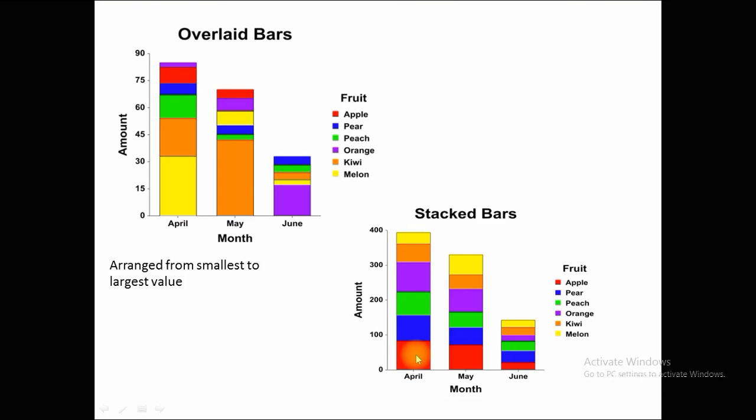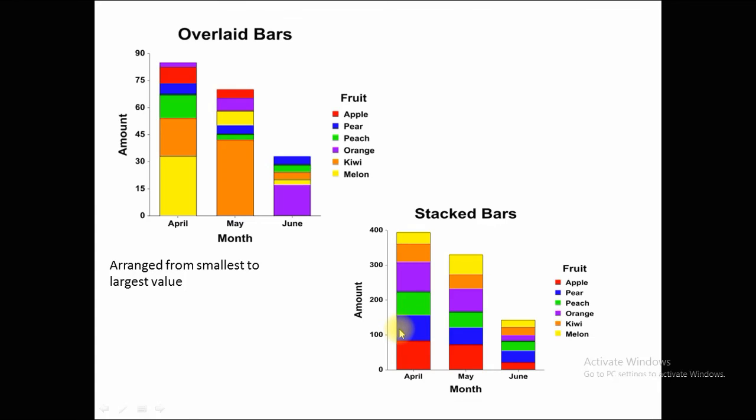Since in the table the sold value of apple is 82, from 0 to 82 we consider apple, and the other fruit in this series in the given table is pear, and the sold value of the pear is 73. So from this point to this point we count the sold value of pear, and